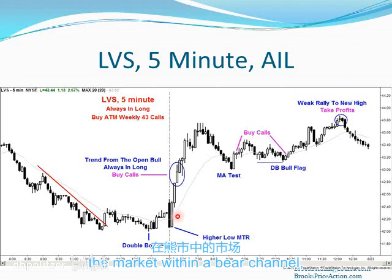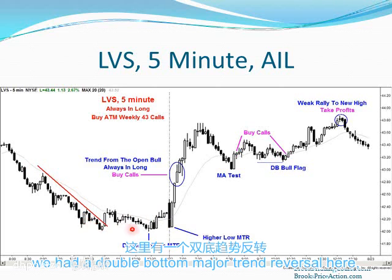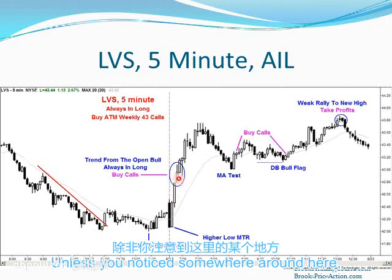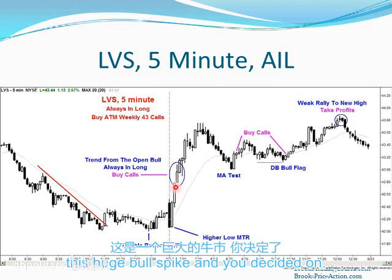Okay, the market was in a bear channel. We had a double bottom major trend reversal here, and then a higher low major trend reversal and a 2-bar reversal. And let's say you noticed somewhere around here this huge bull spike, and you decide